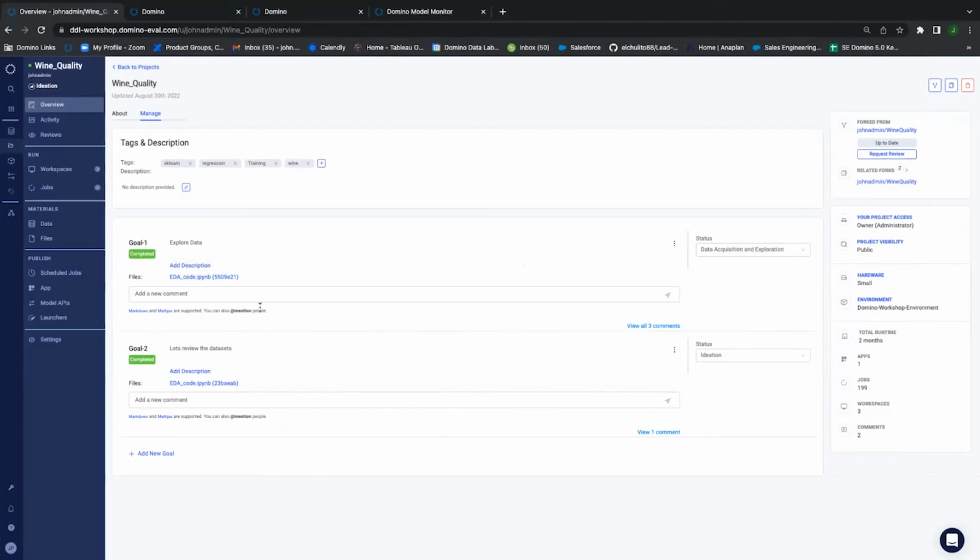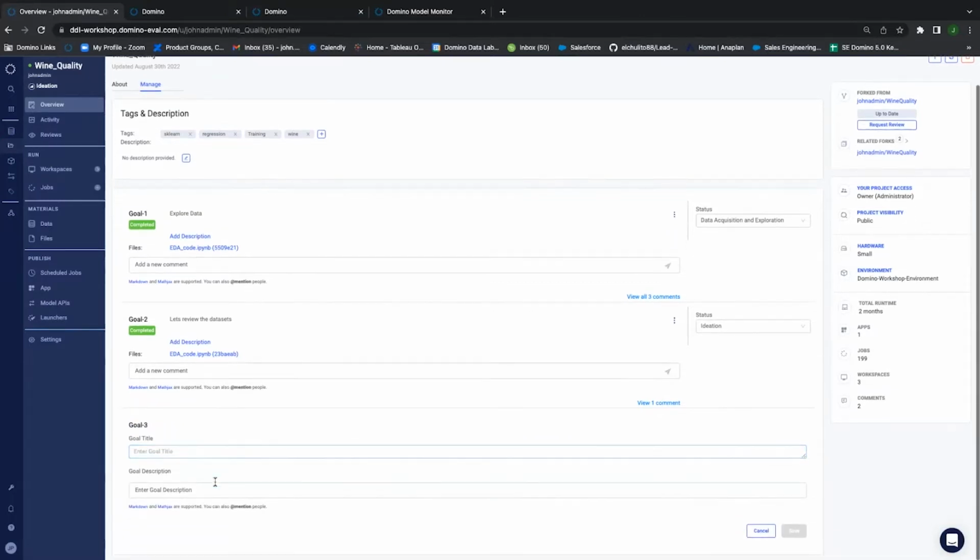Goals are just tasks. So you're in the platform itself, you're logged in, you have a project, you want to assign some tasks, you're working with collaborators. You can create tasks for those collaborators, whether it's, for example, exploring data or reviewing data sets. All you have to do is click the button below that says add new goal. You can add a goal, provide a description, and even attach it to files that you're going to create or you already have created in the file system and confirm that those files are completed as part of the task.